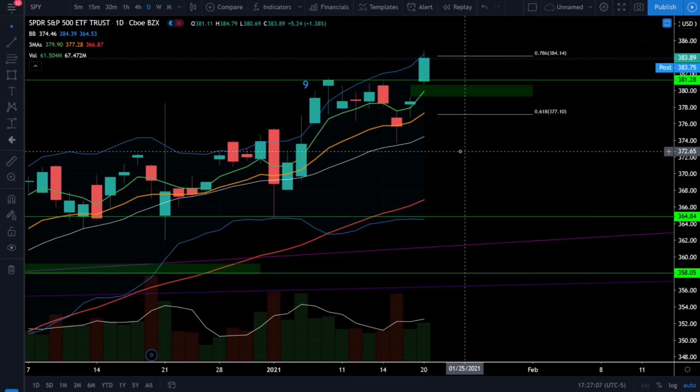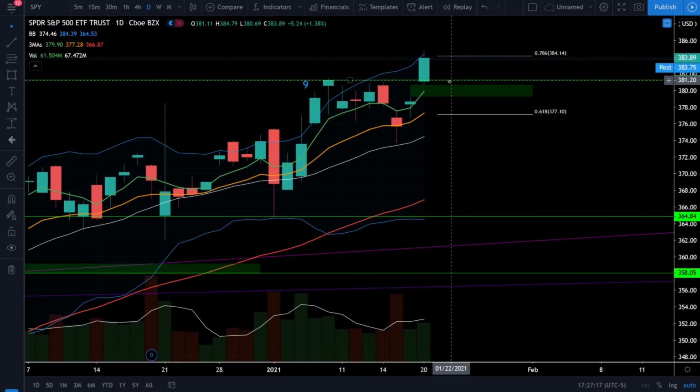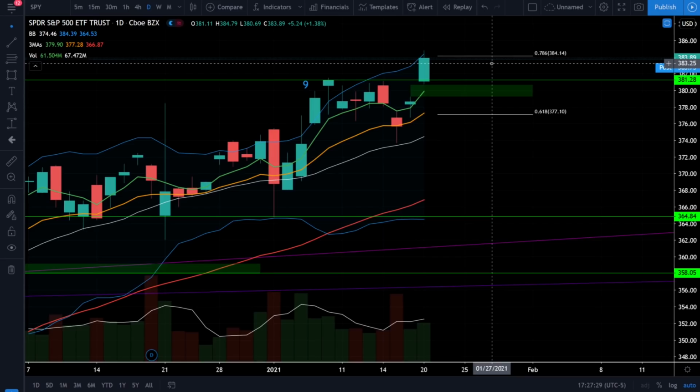Alright, so on the Spy ETF, we did see the price action going up 1.38% today, and we did close at a brand new all-time high way up here around $383. You can see we broke right through the previous all-time high like it wasn't even there, which was right around 381. We also had a really nice gap up and run sort of day, which is a very bullish sign,